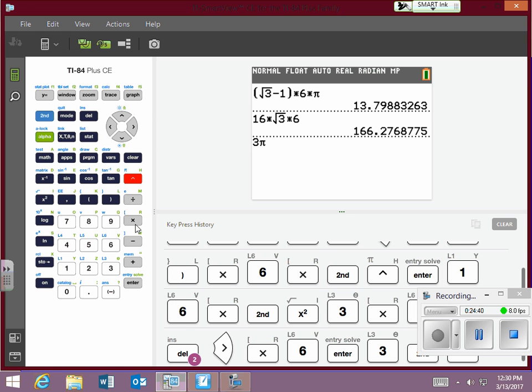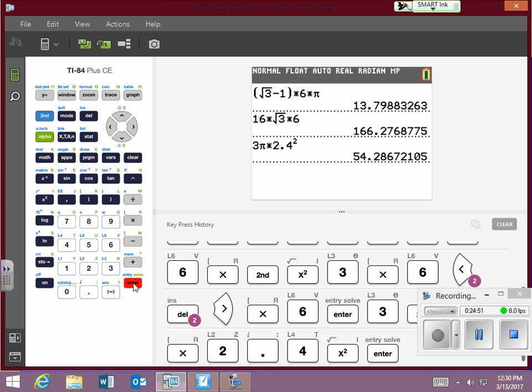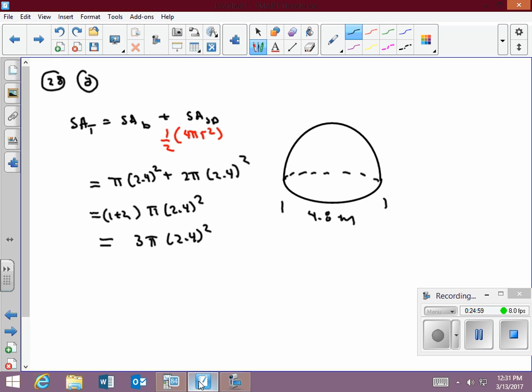I don't think I need that times in bracket. That's 2.4 squared. So 54.3 should be it. And I guess if we're trying for units,